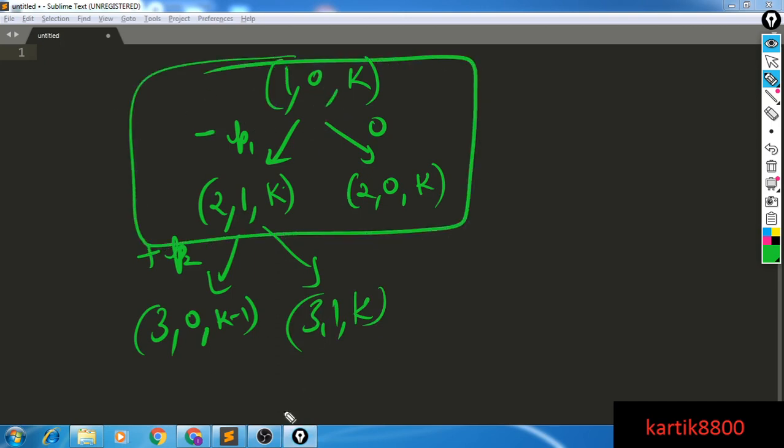Never go deep into the recursion, just look here. Among these two options, since initially you just have two possibilities, and since I'm a greedy guy, I would like to make the maximum profit, and so I'll be choosing whichever is the better option, right?